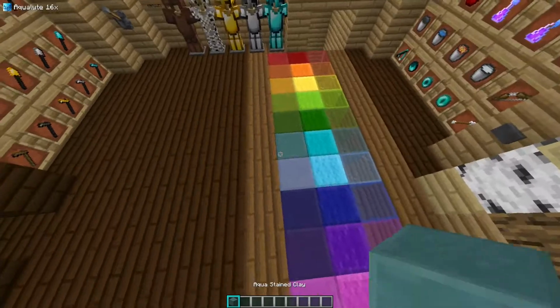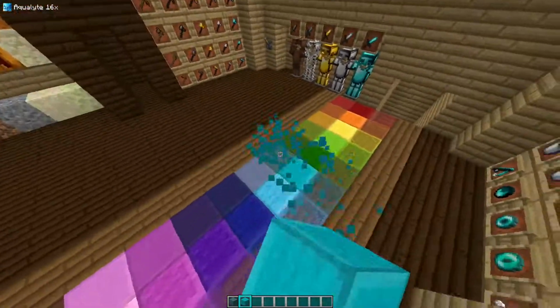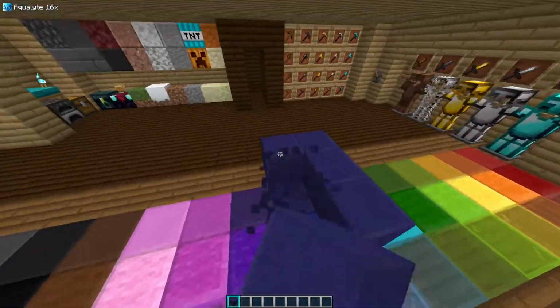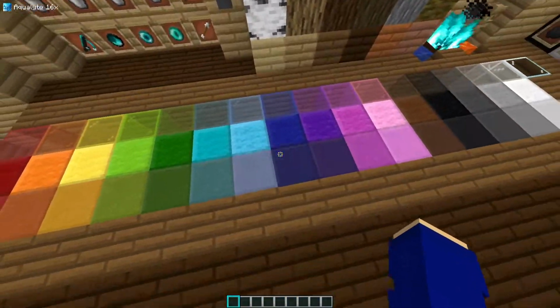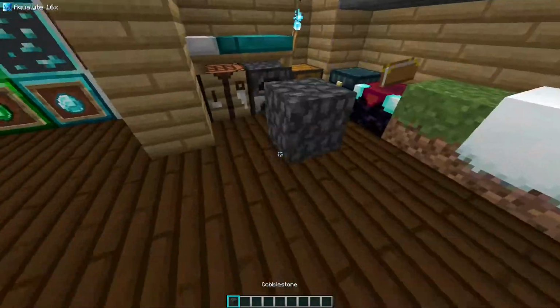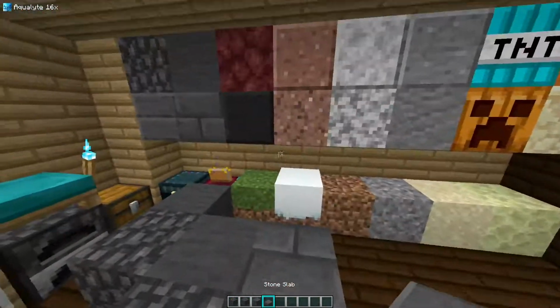And I also made aqua wool a little bit brighter, more saturated. Also another thing I like is the blue clay. It's really cool. It looks a lot more blue rather than purple from before. So yeah, that's that. Moving on, the other blocks: we got cobblestone, stone, stone brick, stone slabs, and then